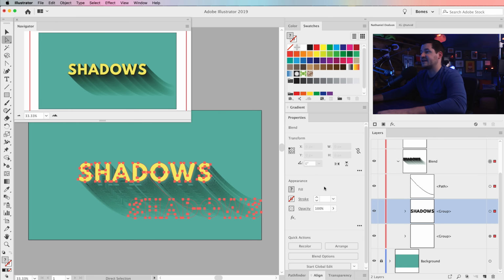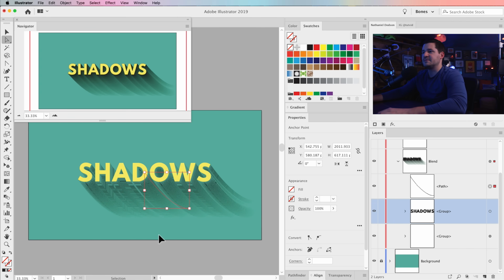And of course, you can still select the entire blend and say, you know what, knock this thing down to like 35% opacity, and there's what we have in terms of our shadow like that. One of the other really cool things you can do here, let me just undo this a few times just to back it up and get us back to at least a straight shadow, something like that.